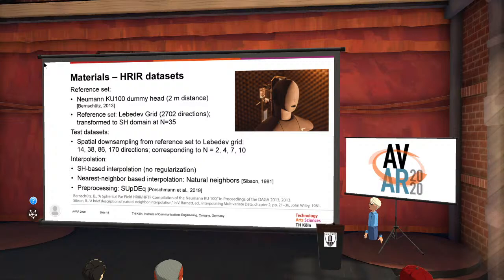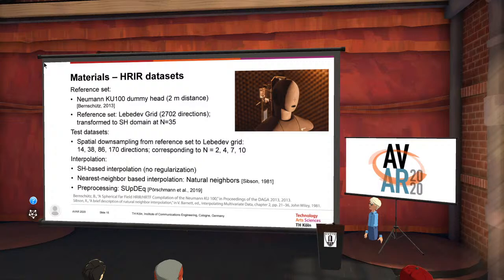And then we did the interpolation, either spherical harmonic based, just spherical harmonics, no regularization, no Tikhonov, nothing specific, just the basic thing. So there's room for more, of course. On the other hand, we applied a nearest neighbor based interpolation. We did some pretests and found that there are only small differences between the nearest neighbor based methods, and in the end we chose natural neighbors